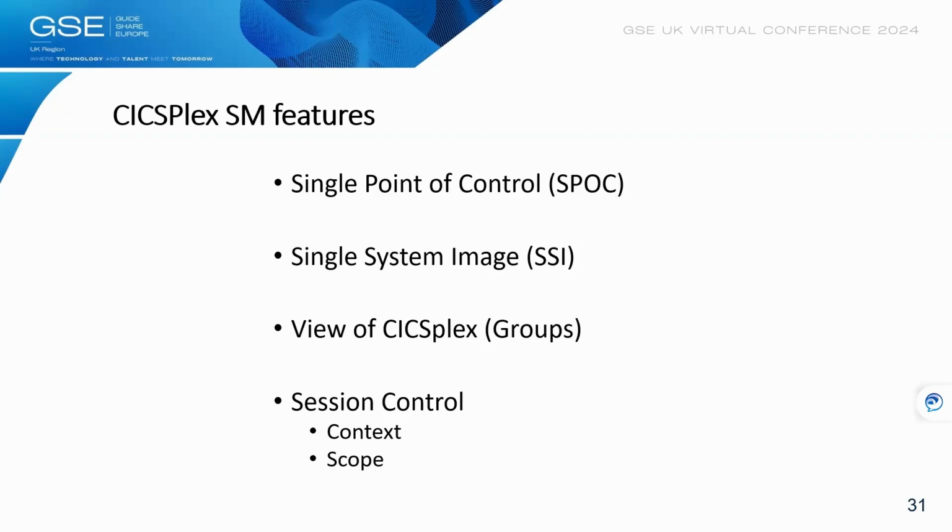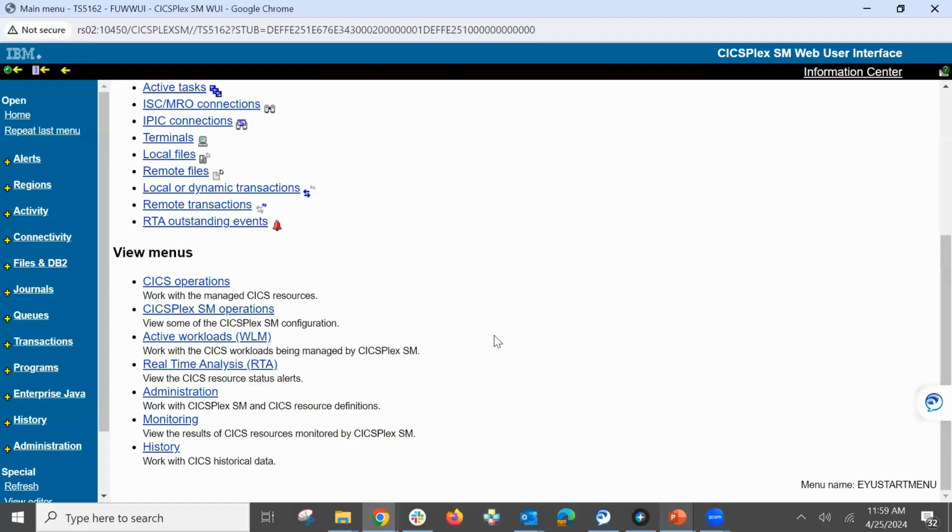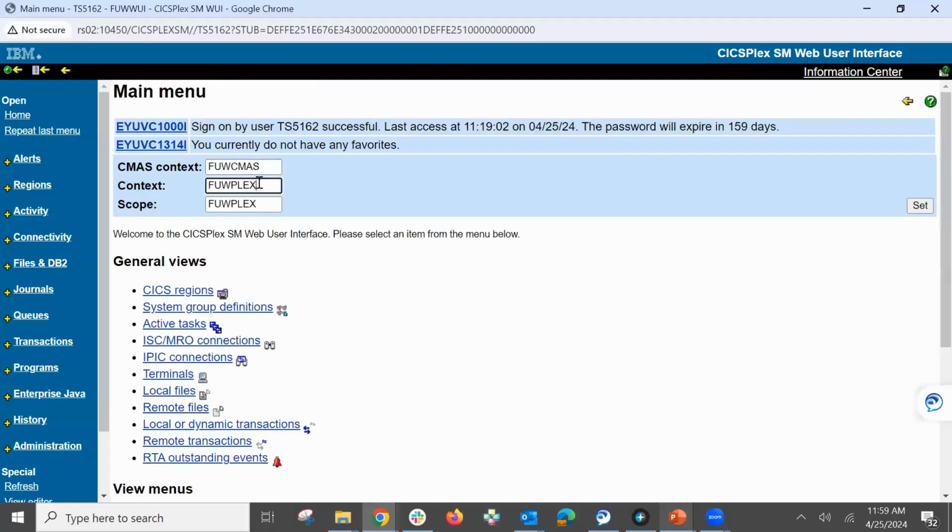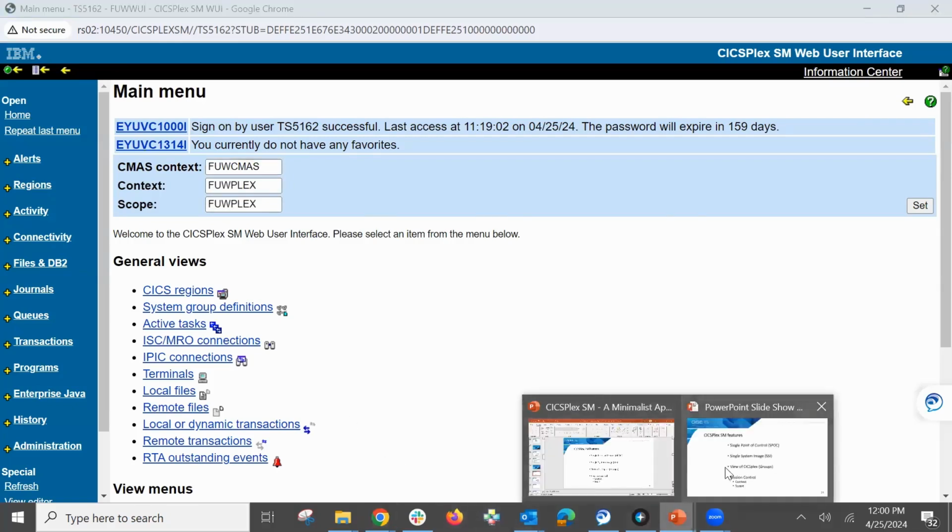The point is session control is all maintained through context and scope. And you might have noticed on mine, the context is set here and the scope is set here. When using the WUI, you have an extra one that says CMAS context, which is just the name of the CMAS that you're currently connected to, and that's for administration type commands. So